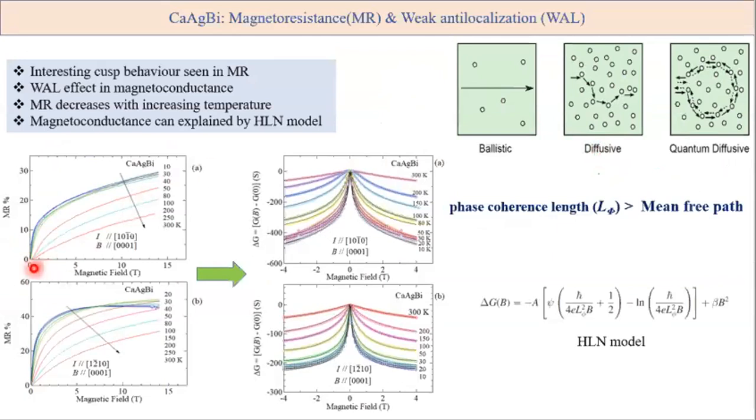First of all, this is a non-magnetic system, and a remnant magnetic field may come from the instrument itself. So how do I confirm that there is no remnant magnetic field?